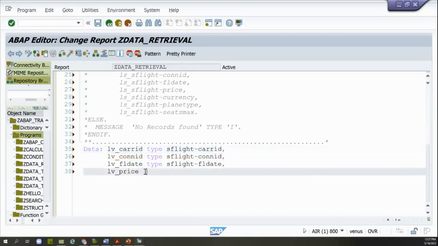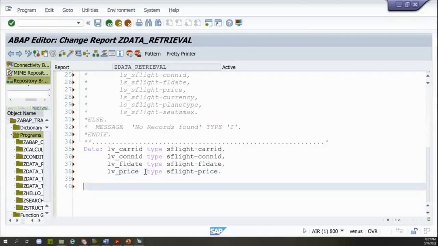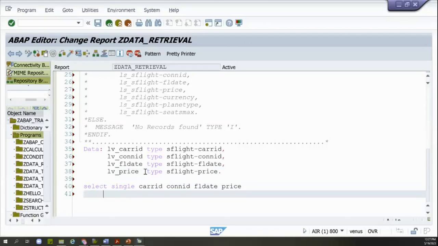Okay. Now suppose I want the flight price. So what I can do is write like this: select single char id. There I have written select single star, so that it will fetch all the fields. But here I want to fetch only a few fields. Okay. So in that case, I can write in this way: